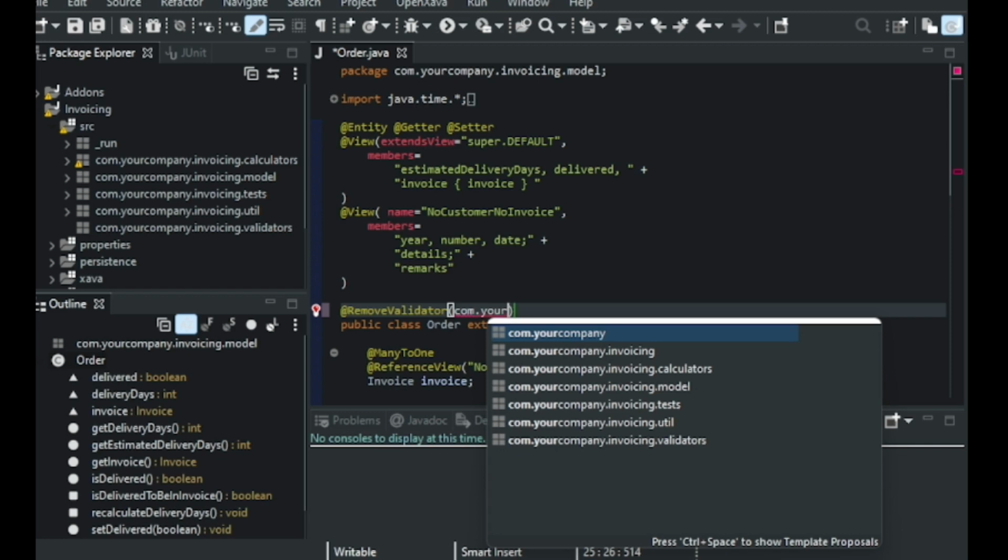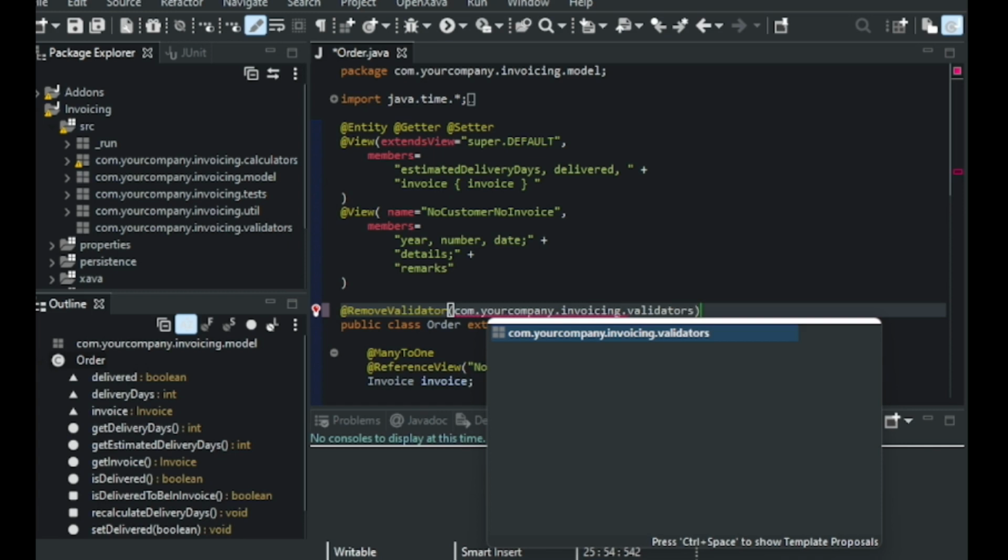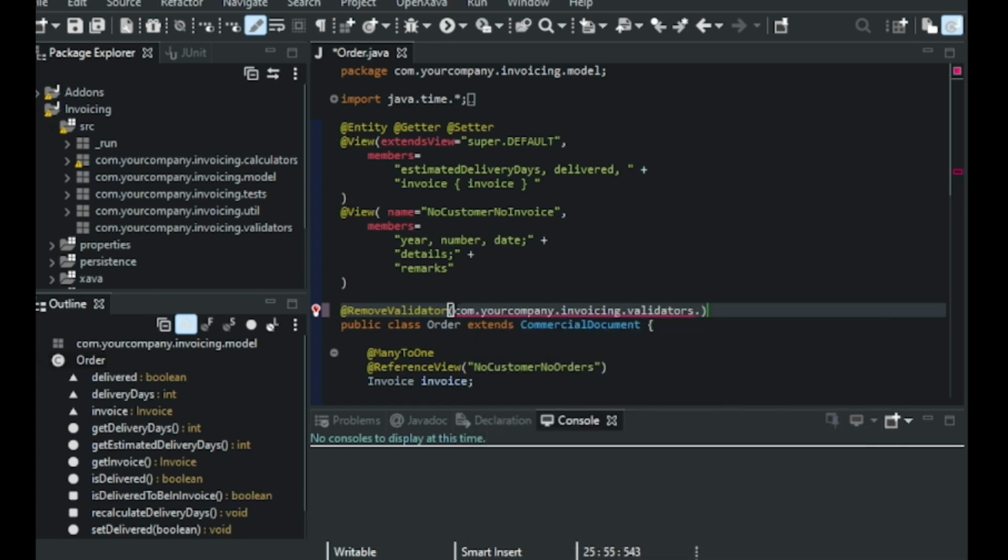Dot yourcompany dot invoicing dot validators dot, and this is the name of the class, which is going to be OrderRemoveValidator, and then .class to indicate that it's a class.